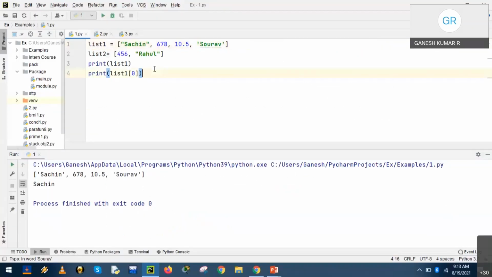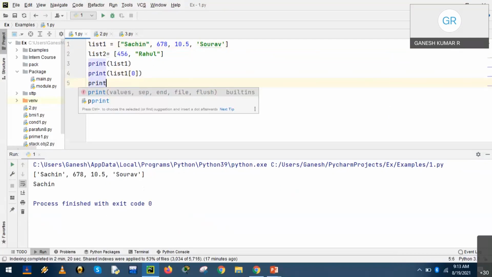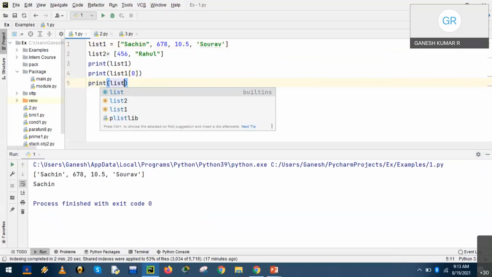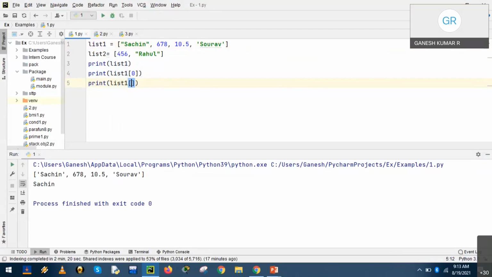So print list1, open square bracket, 1 colon 3. Memory is accessed from the initial value 0, 1. Indexing 1 represents 678, then 2, and 3.